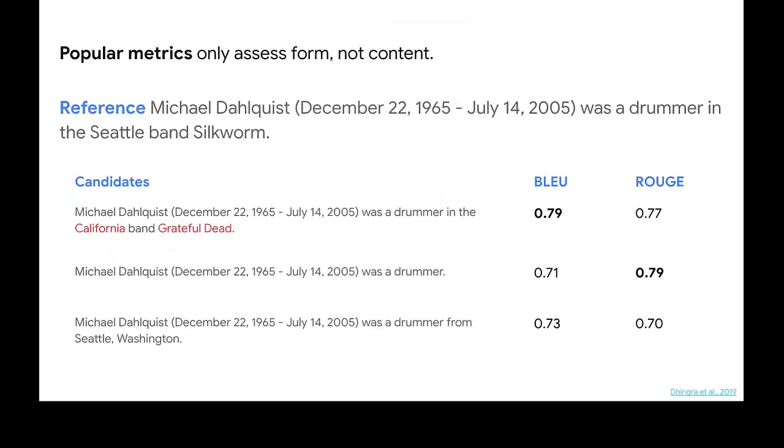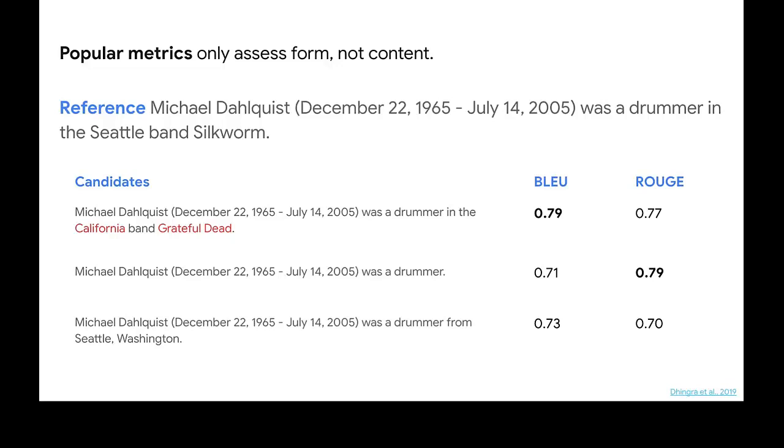Diving a little bit deeper into issues with metrics, we can see more examples as to why they assess form and not content. Take this example here from the biography generation task again, that I introduced in the beginning. Here we have a reference: Michael Dahlquist was a drummer in the Seattle band Silkworm. And we have 3 candidates.